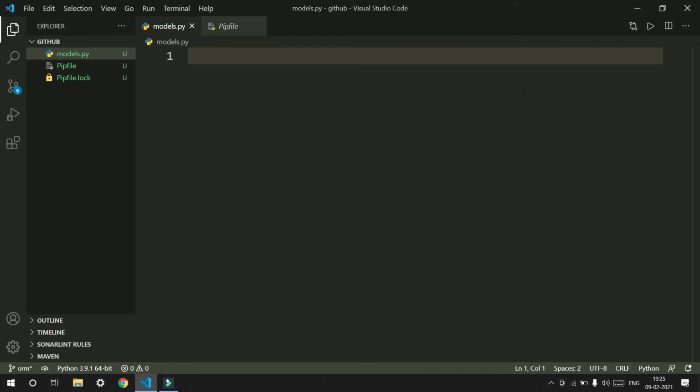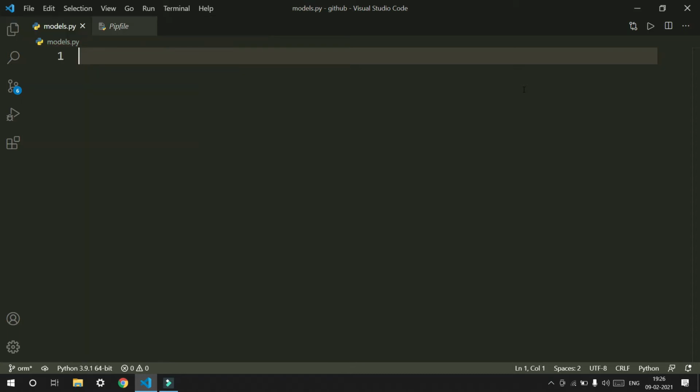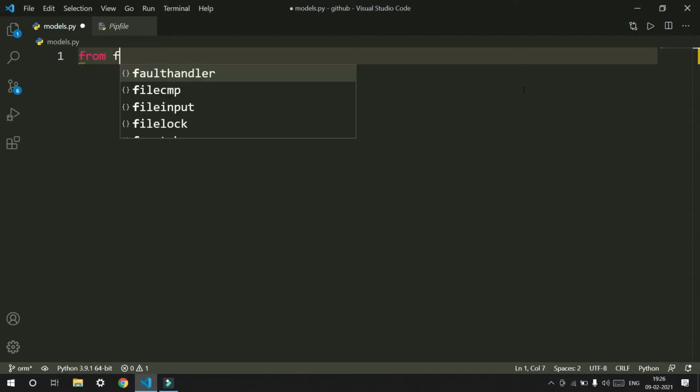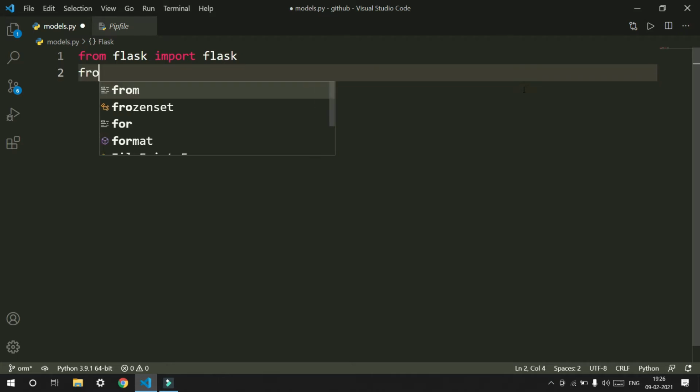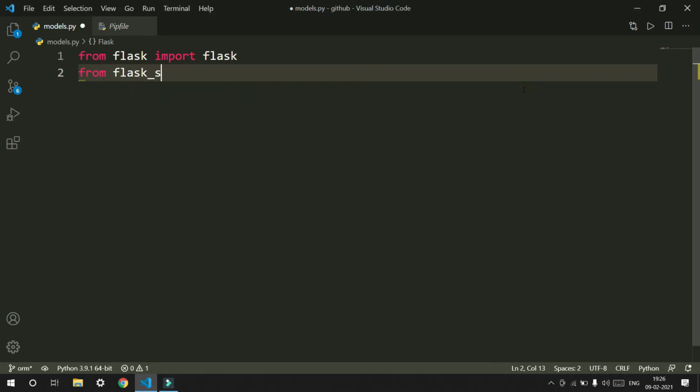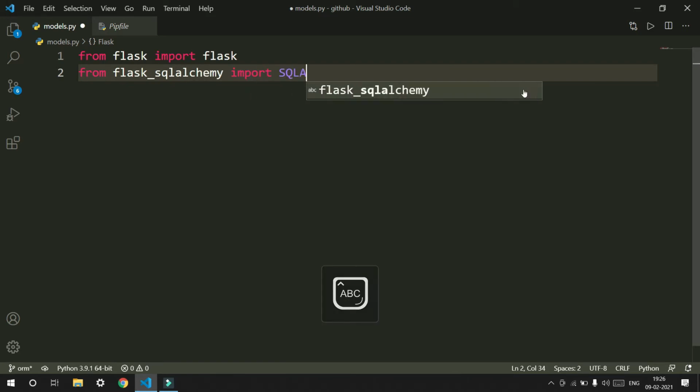The basic idea of ORMs is that we model an SQL table in the form of a class, and then we use certain methods to query the database. So let's see how we can do that. First we need to do a couple of imports. So we say from flask import Flask. We are not going to be creating a web application, but Flask SQLAlchemy uses our application's configuration in order to find the database URL. So we need to create our application, and we'll also be using from flask_sqlalchemy